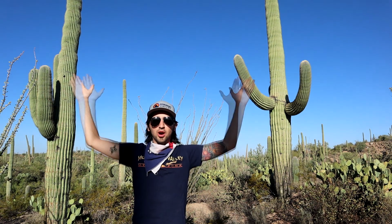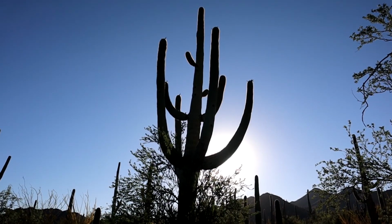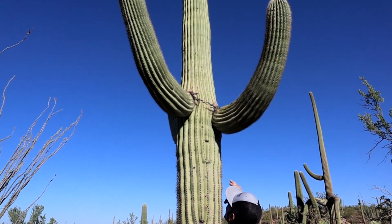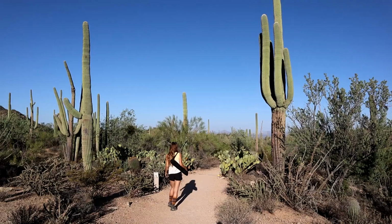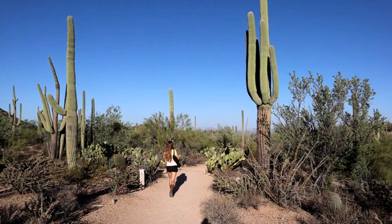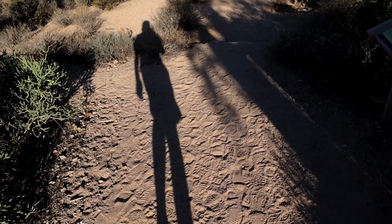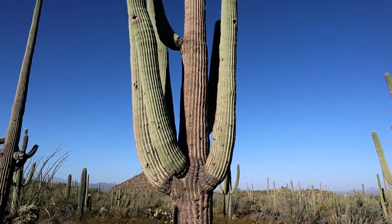Good morning, travelers, and welcome to Saguaro National Park West. Now we are in Saguaro National Park West today. There are two districts. There's the east side and the west side. Both are very similar. Here on the west side, you will come in, there's the visitor center, and then there